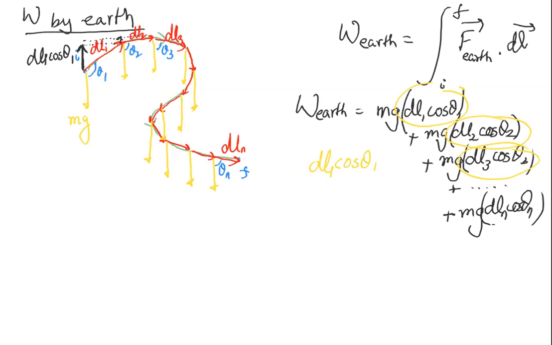अब ये dl3 cosine theta 3 कहाँ आएगा? अब theta 3 acute हो गया है, less than 90 डिग्री, तो dl3 cosine theta 3 अब आएगा ऐसे। हाँ, अब ये dl4 cosine theta 4 कहाँ आएगा? वो आएगा यहाँ पे। dl5 cosine theta 5 ऐसे। dl6 cosine theta 6 ऐसे। dl7 cosine theta 7, ओके। उसके बाद dl8 cosine theta 8, dl9 cosine theta 9, उसके बाद dl10 cosine theta 10। वो 11 ही है, तो कोई दिक्कत नहीं।